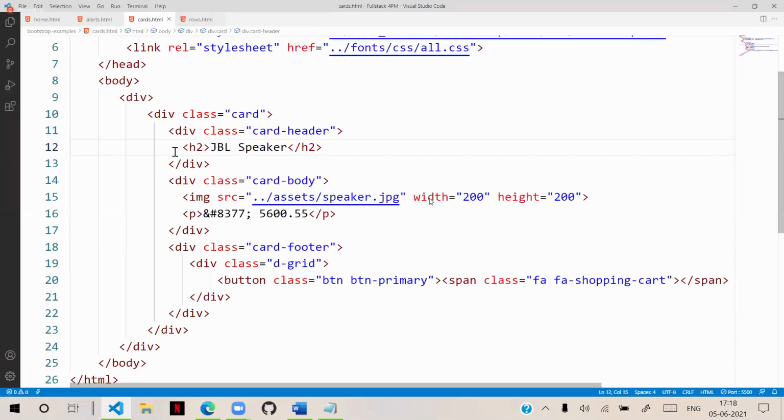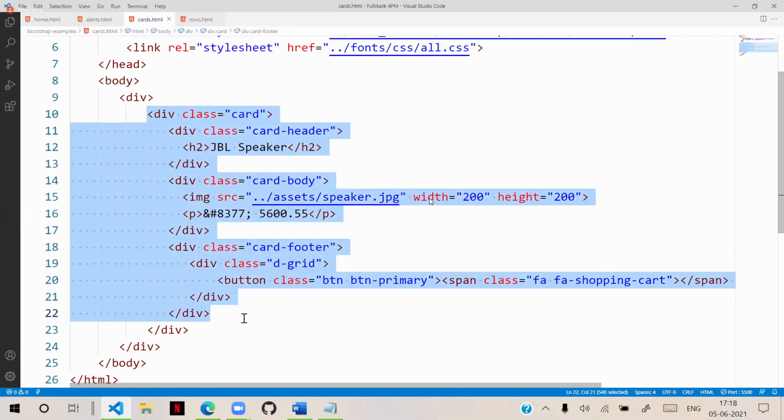Suppose I am designing several cards here. This is one card. I will copy that card and put the card below.